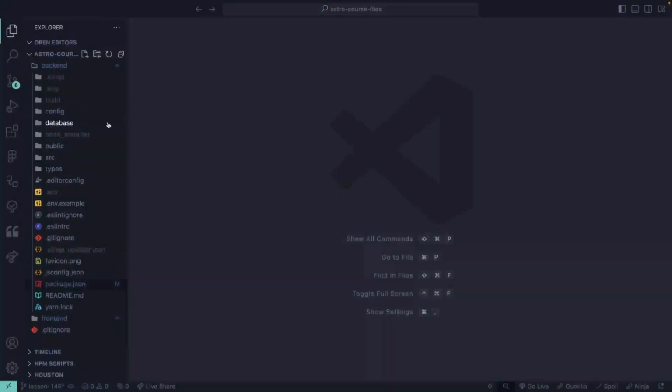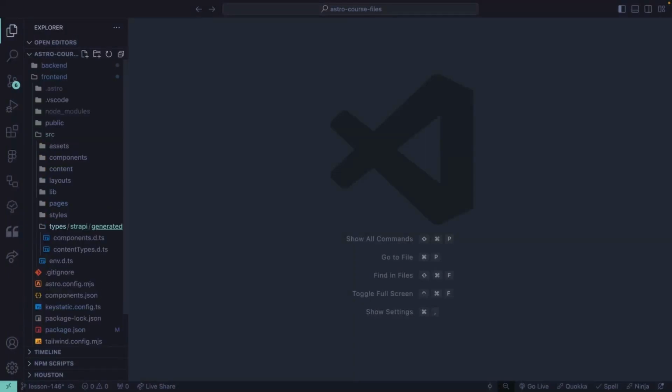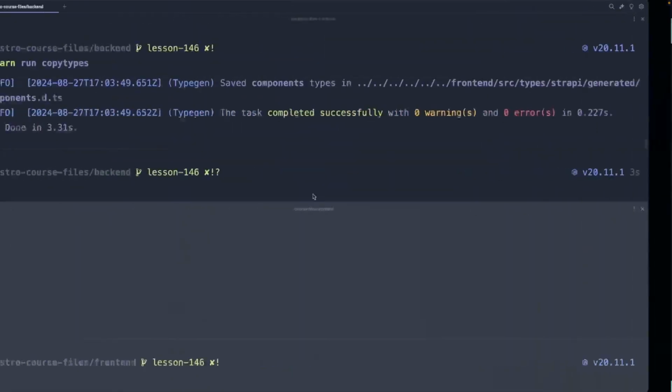So let's just make sure that that worked properly. If I come over here, come into the front end, src, let's see, types, here we go, right here. So it's actually added these for us automatically instead of the copy type script that I copied in that blog post. Now, it is important that it's run from the back end, and the rest of this video,